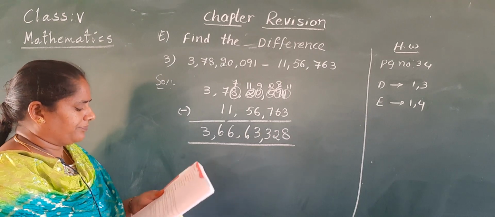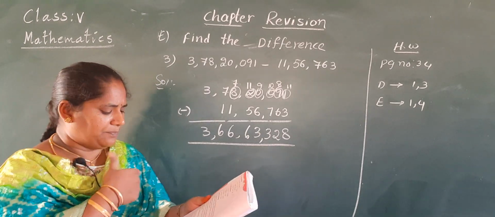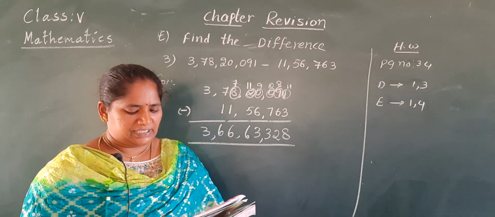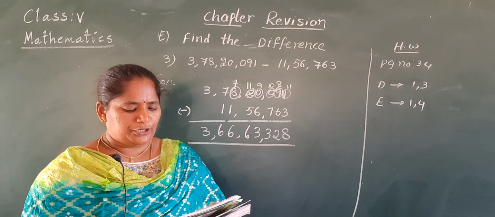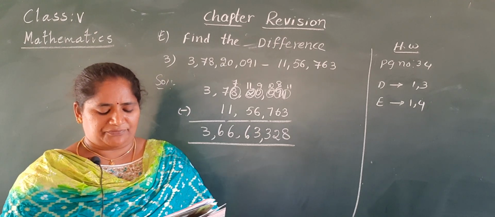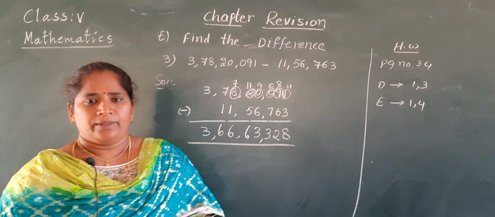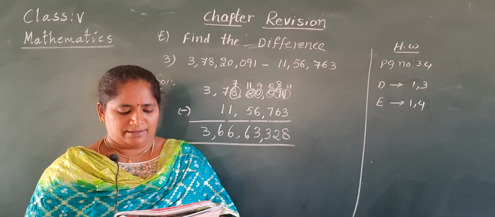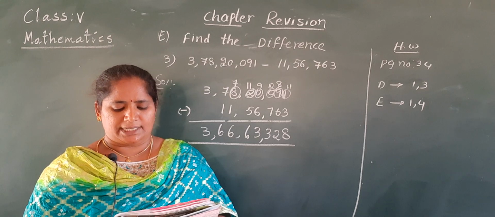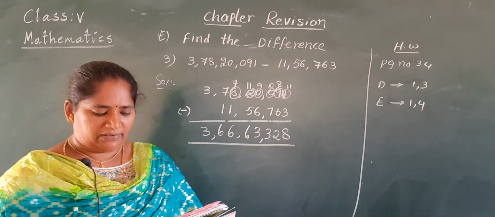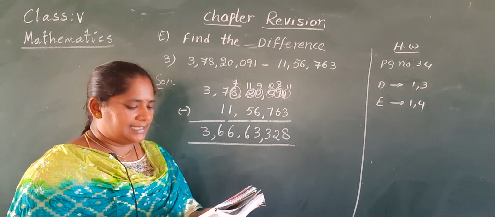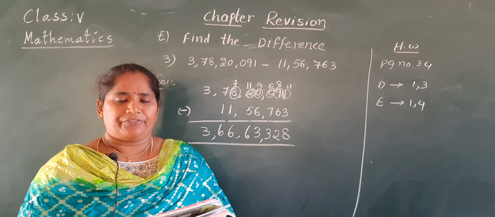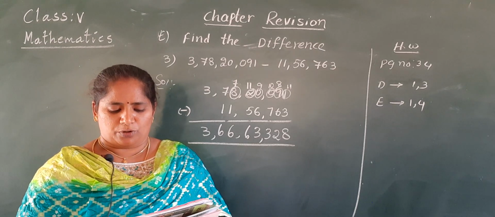Now F problem. In F problem, they have given 7 problems, Nana. Easy problems, I will explain and give as homework. The first one. A factory produced 50,55,055 bottles in 1 year and 41,22,358 bottles in the second year. Find the total number of bottles produced in both years. This problem is very, very easy, Nana. So you only write this in the homework book.